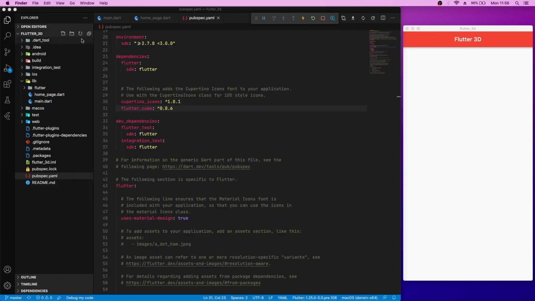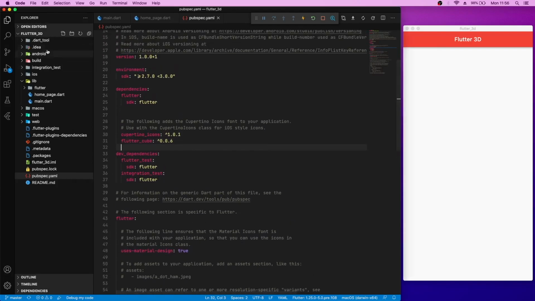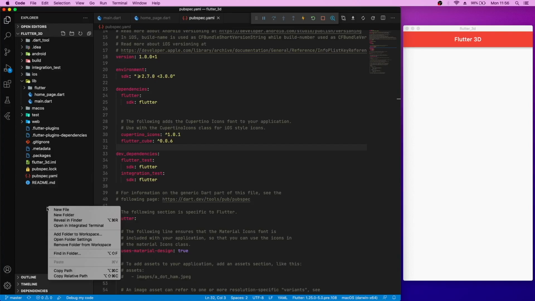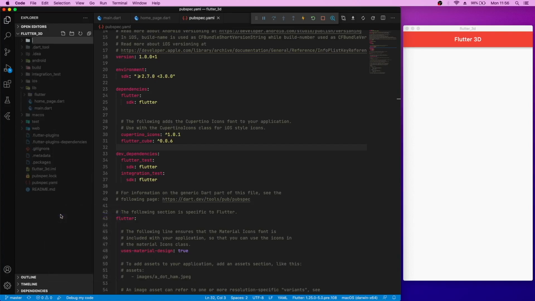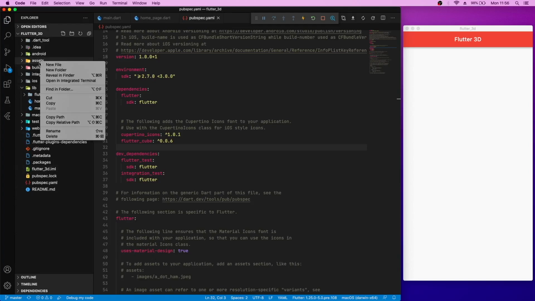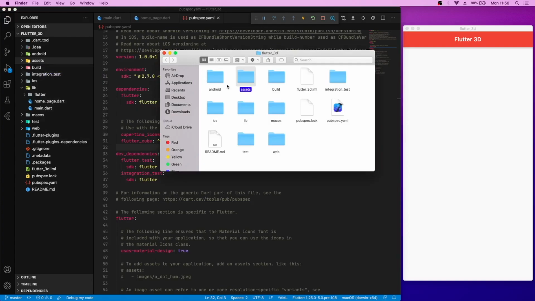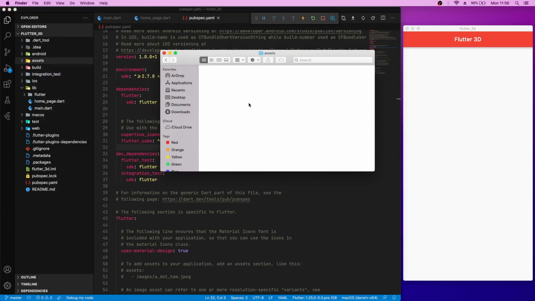We'll close this and let's go to the file we have here, and let's create a new folder called assets. And within this assets folder, we need to paste the folder we downloaded earlier. So we have our jet folder here and all three files here.